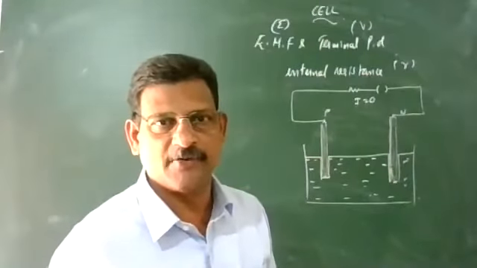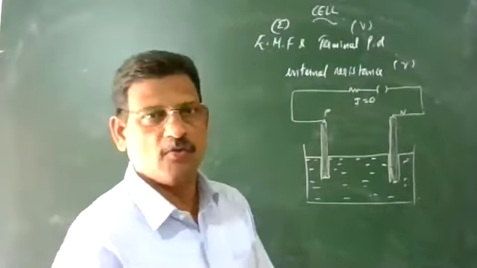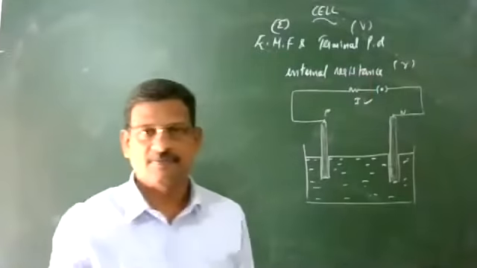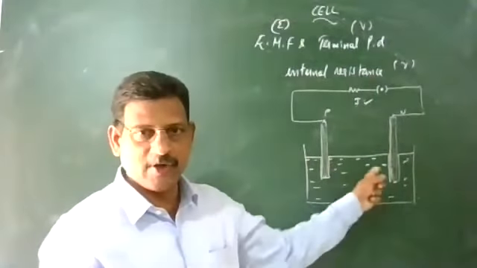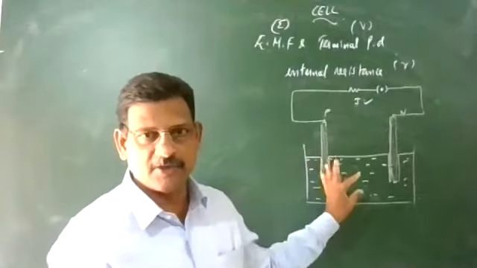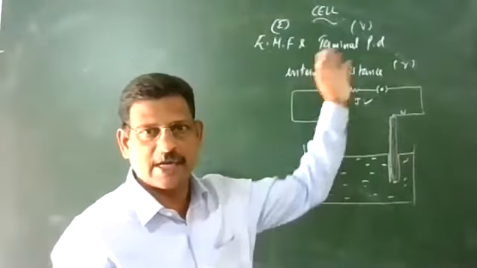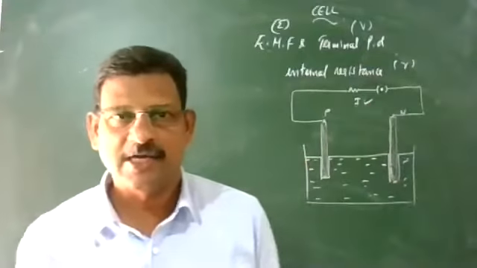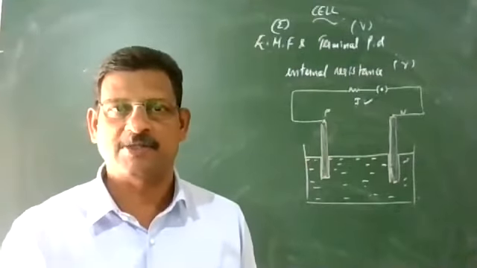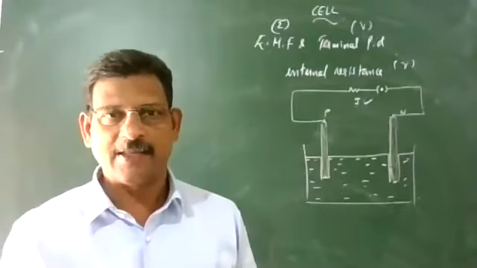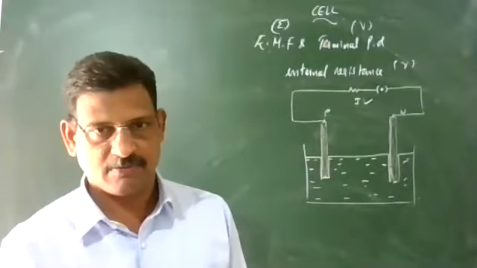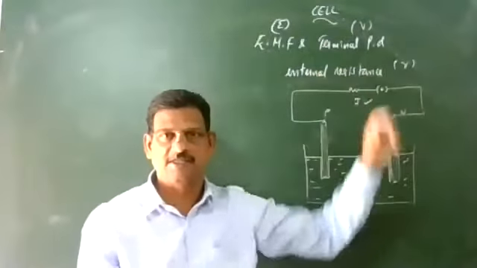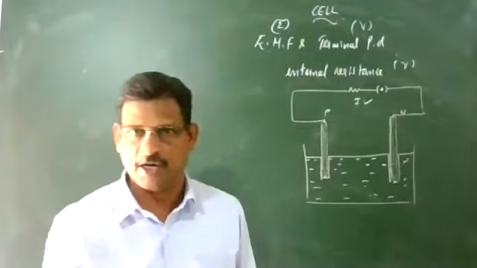What is the terminal potential difference? When you close the key, the current will flow in the circuit. The charge carriers will flow through the electrolyte and it offers some resistance, internal resistance. So when a current is flowing through the circuit, the potential difference across the terminals of the cell we call the terminal potential difference, represented by V. And the cell offers some resistance to the flow of current or current carriers, that we call the internal resistance of the cell, usually represented by small r.